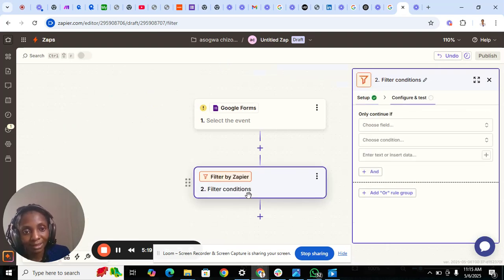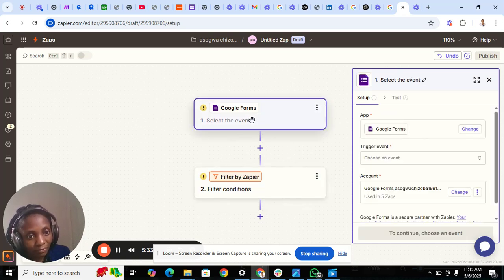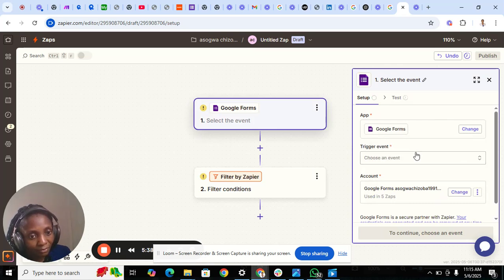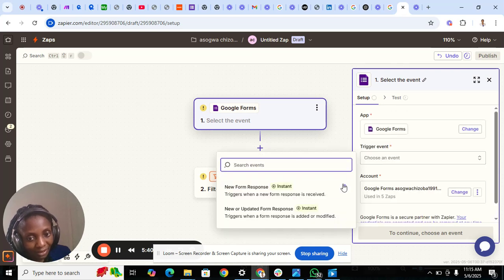So you can see that it has come up. So when you want to, you have to set it up, then you have to configure and you have to test it. So first of all, let's set up our Google form. Yes, Google form. I've already integrated my Google form before. Then the trigger event. These are endpoints in your app. What is it when a new form response triggers when a new form response is received, or new updated form